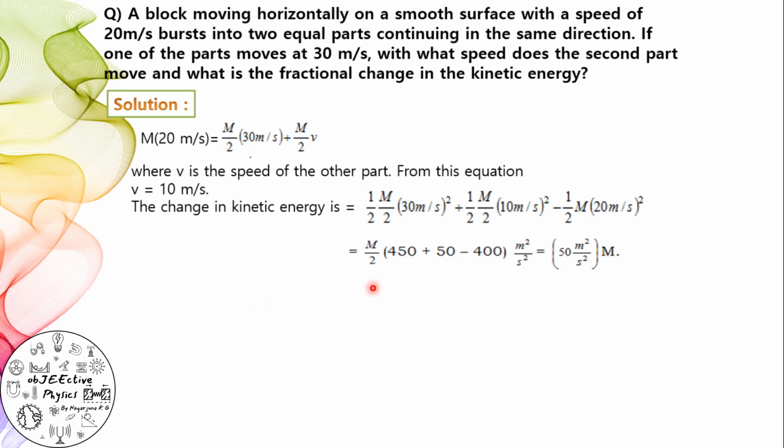That is equal to m by 2 into, observe the above line, in all the cases, half and m by 2, m by 2 are constants, m by 2 is common, m by 2 is taken as common from all the three terms in the above line. So that here 30 square is 900, 900 by 2 is equal to 450 plus here m by 2 is taken as common, 10 square is 100, 100 by 2 is equal to 50 minus here m by 2 is taken as common, so that 20 square is 400, 400 as it is.